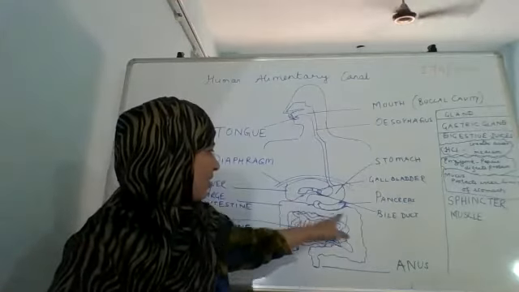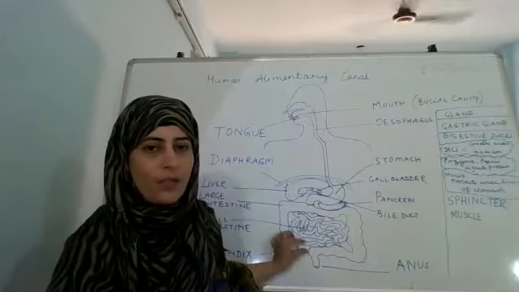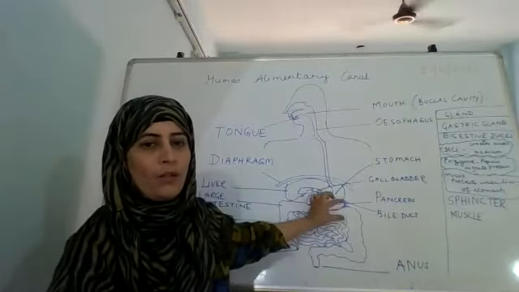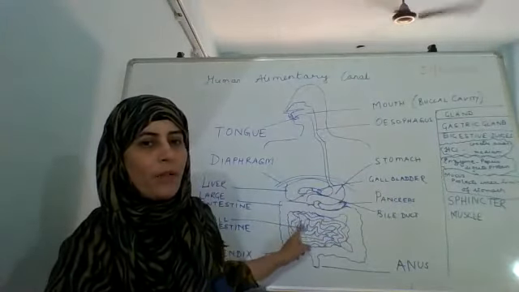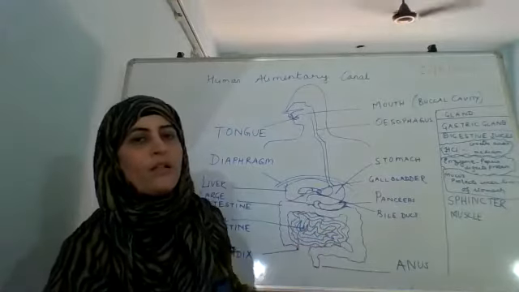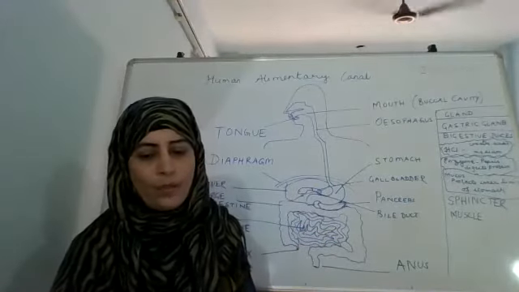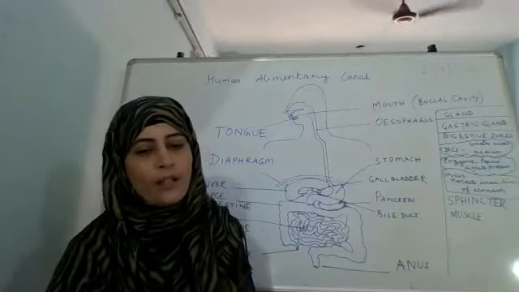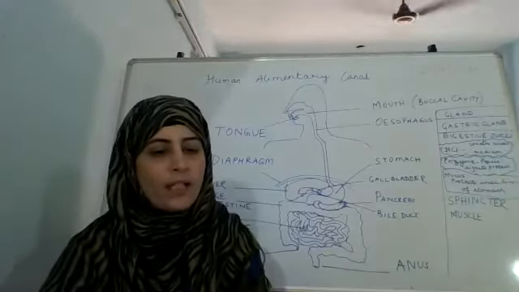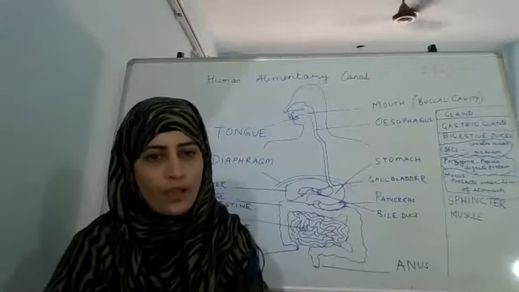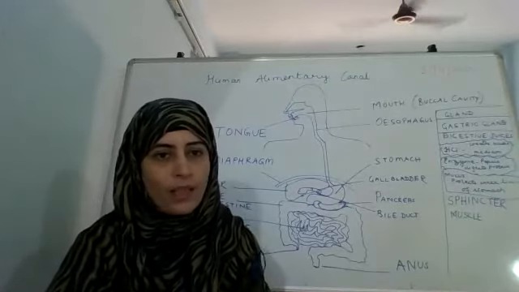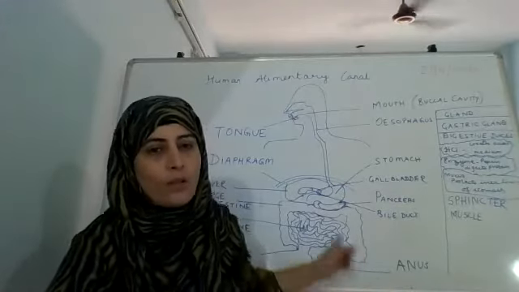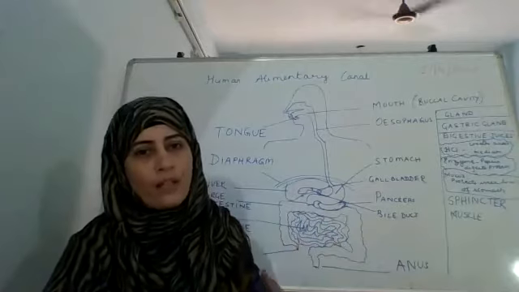And the large intestine is not so long, but it is a large intestine because you can see the thickness of the tube of this large intestine is much bigger than that of the small intestine, which is thinner. But it is coiled and coiled and coiled, and it is very long. The length of the small intestine differs in various animals depending upon what type of a food they eat. If they eat vegetarian food, like only plants and leaves, then the length of the small intestine is very long.